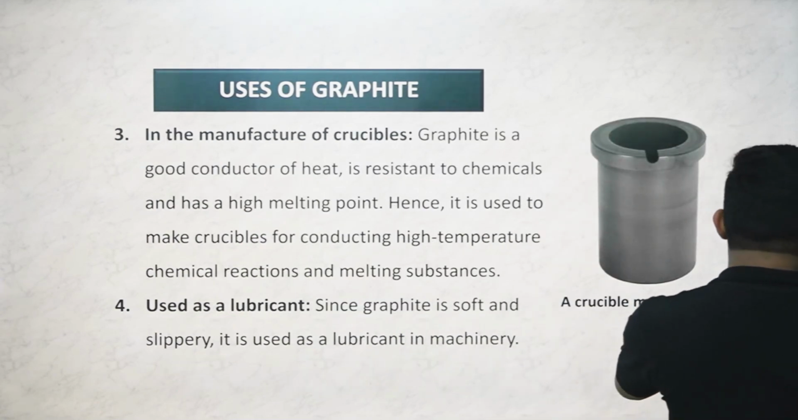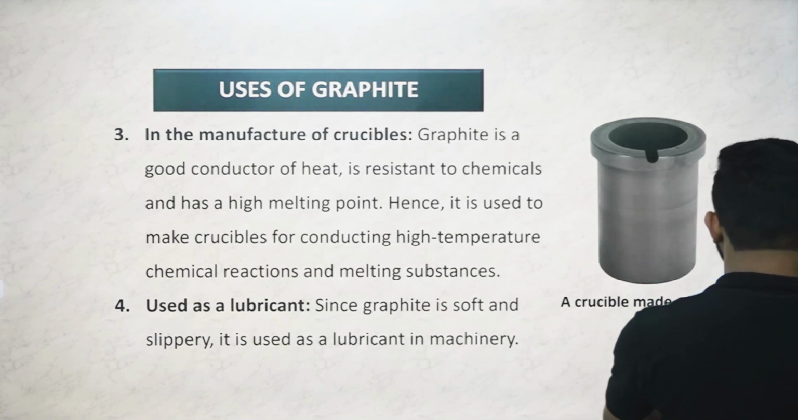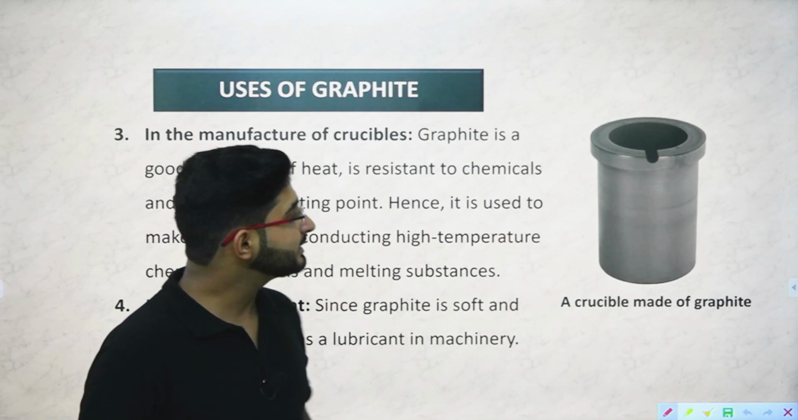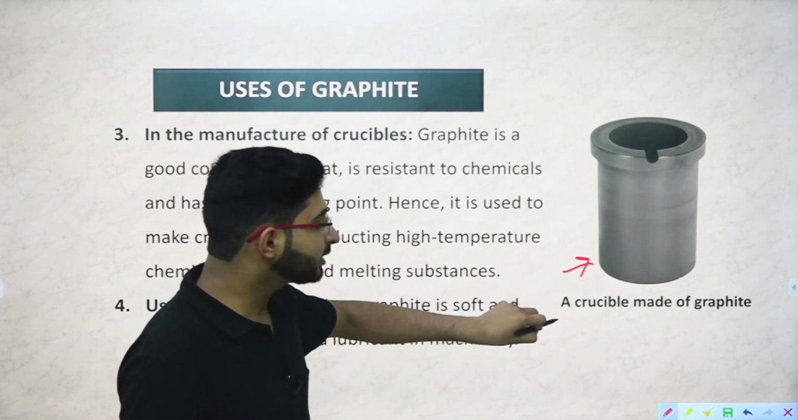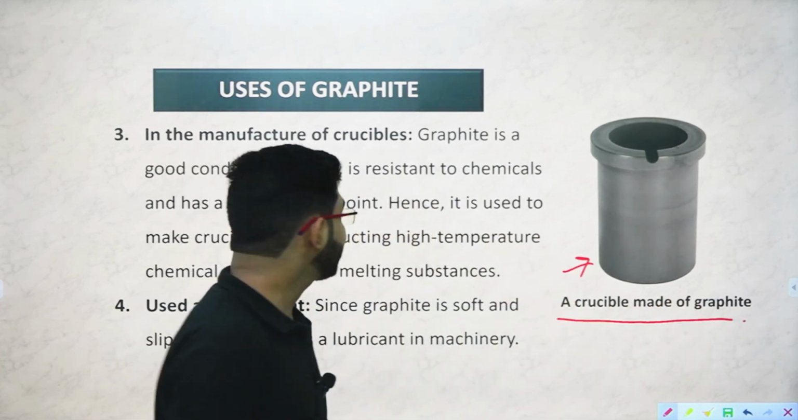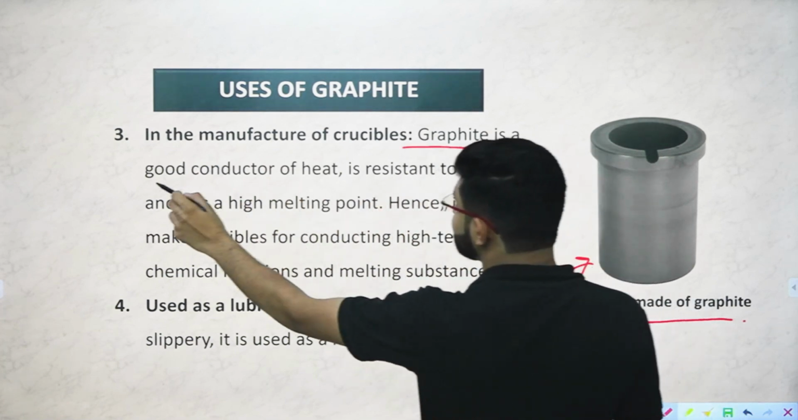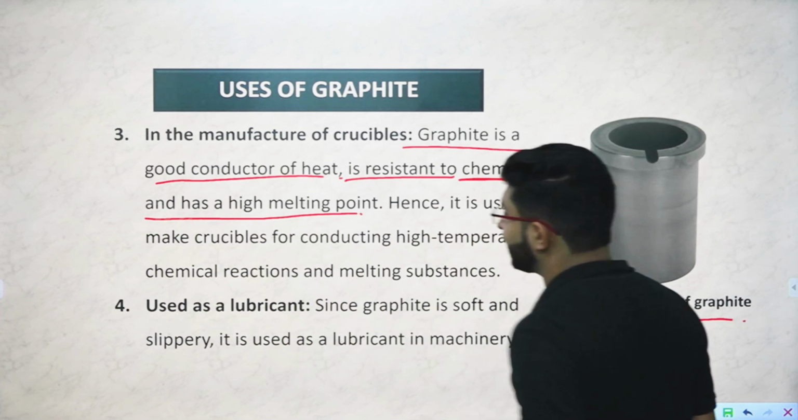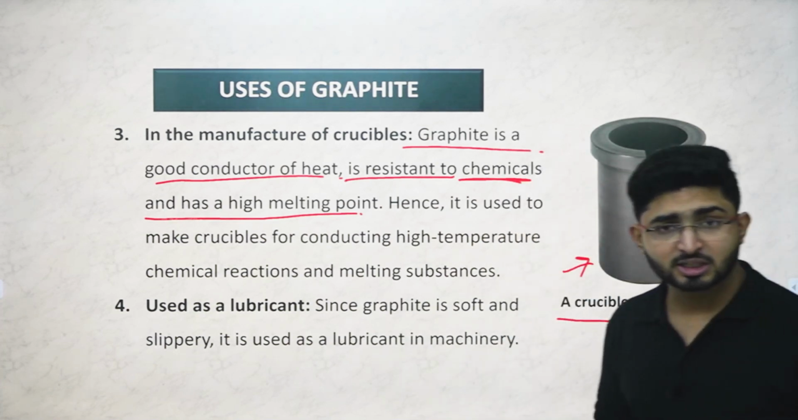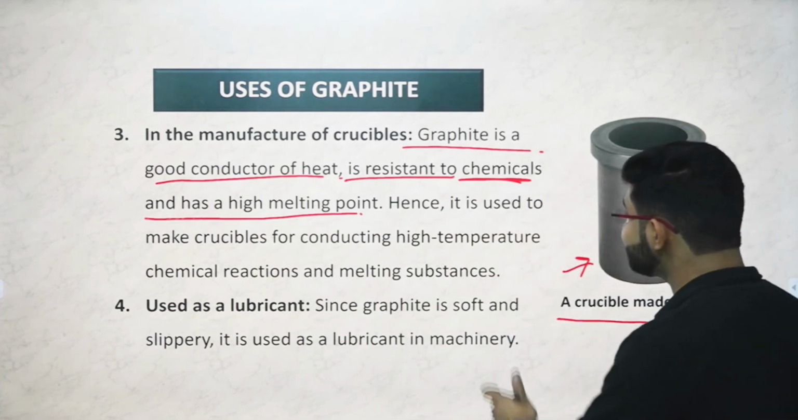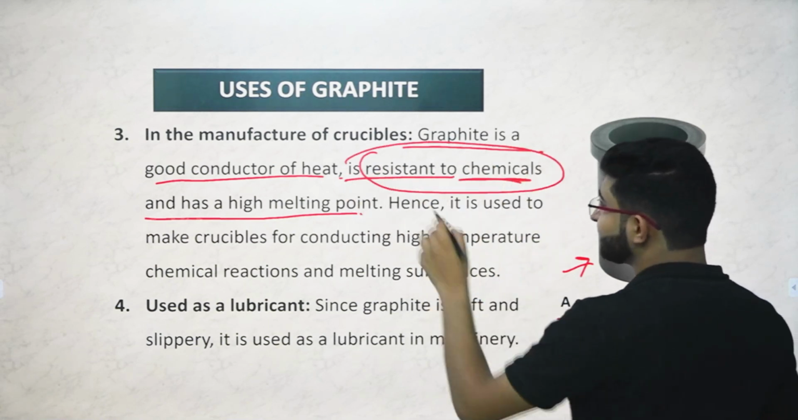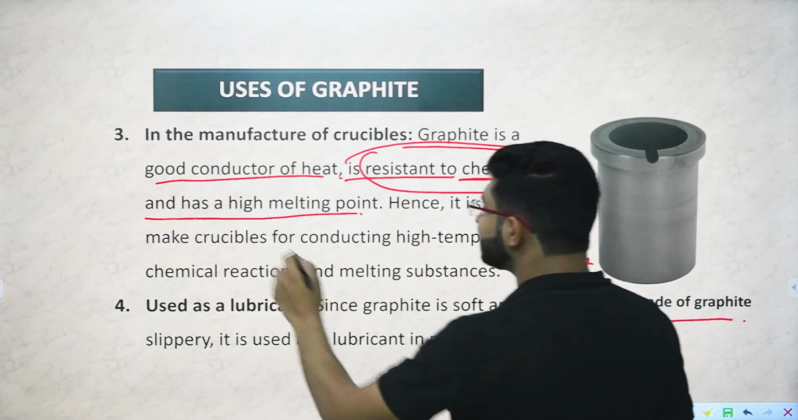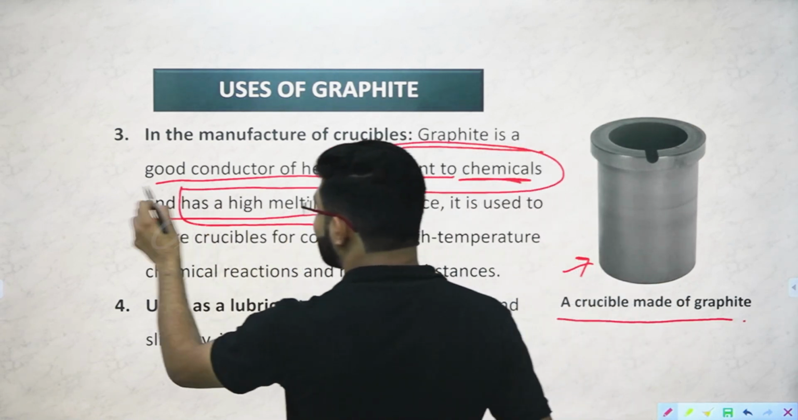The next use is in the manufacture of crucibles. So we also use graphite in the manufacture of crucibles. You can see the structure of a crucible here, a crucible that is made of graphite. Graphite is a good conductor of heat, is resistant to chemicals and has a high melting point. We have studied that it's a good conductor of heat as well as resistant to chemicals because its chemical reactivity is less, and it has a high melting point also of around